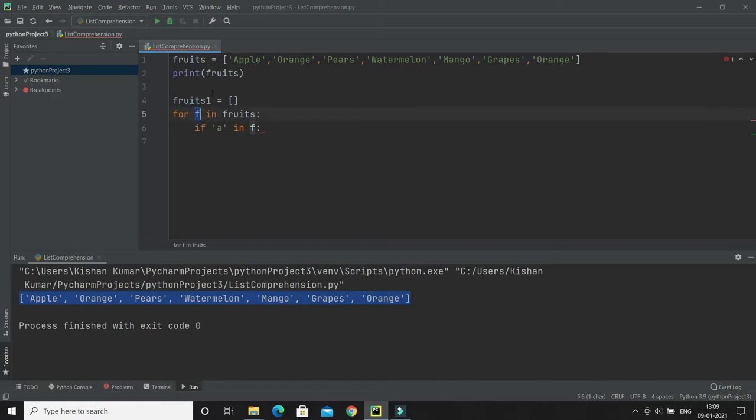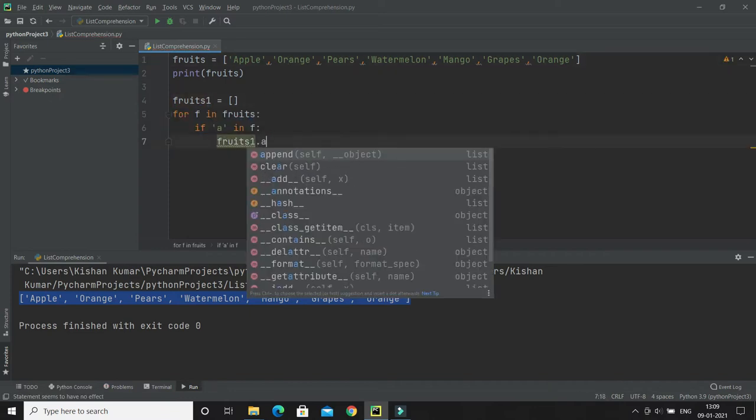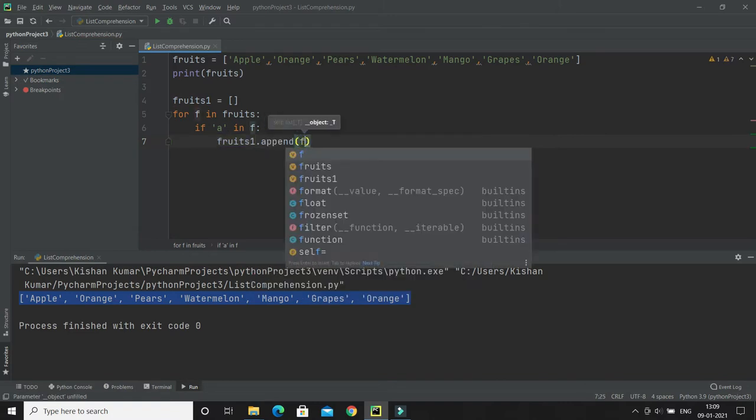I'm iterating every fruit from this list and checking whether the letter A exists in any fruit name or not. If that is the case, then I will add that fruit to this list, so I'm calling the append method and adding this fruit.